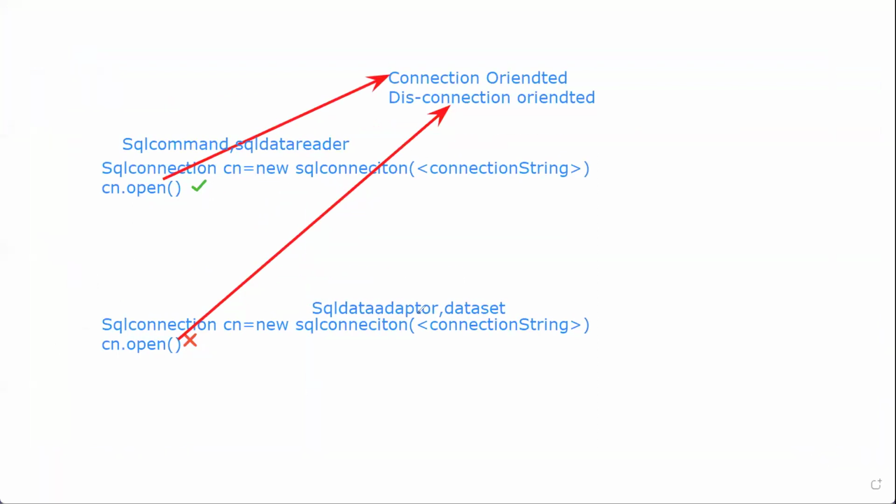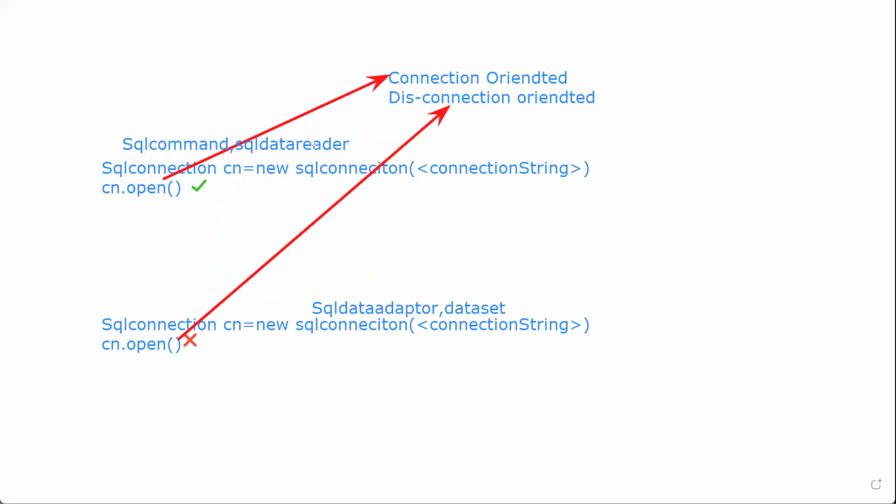We can do vice versa also, meaning whatever the SQL command is doing, we can do using the SQL adapter also, and what the adapter is doing, we can do in reverse also. It is possible to do vice versa, but that is a different concept. Initially, we were discussing the basic purpose, then we can discuss the customization. But initially, just inject into your brains: insert, update, delete, and read a single row from the